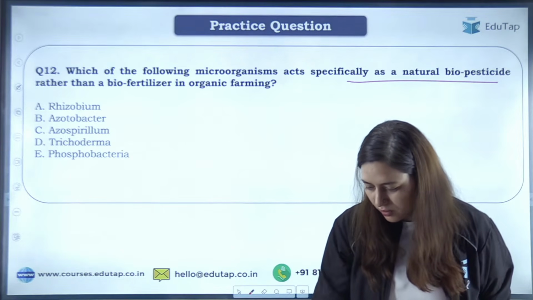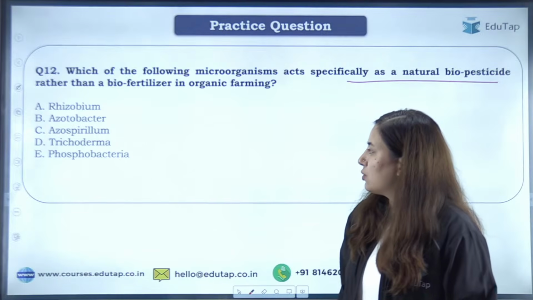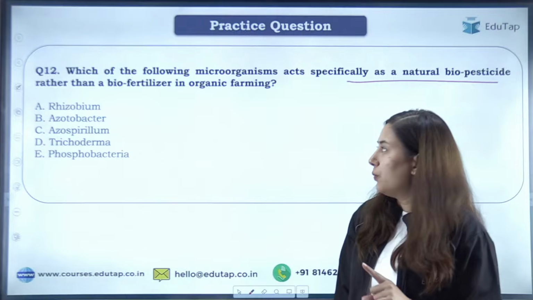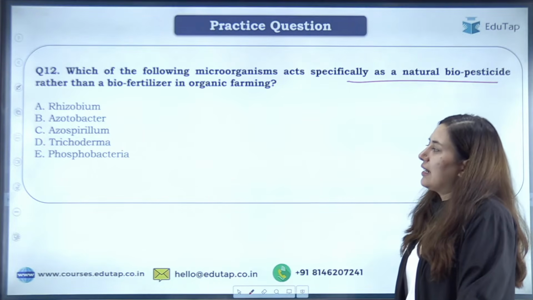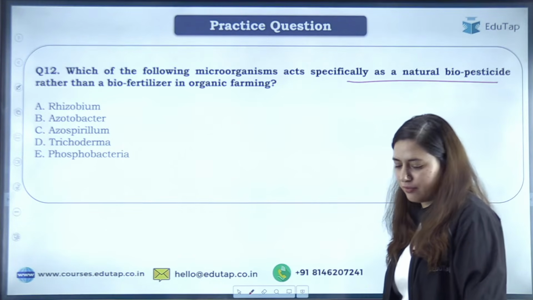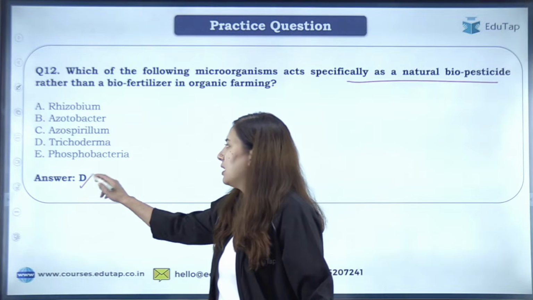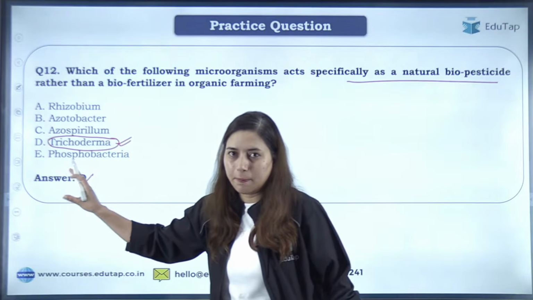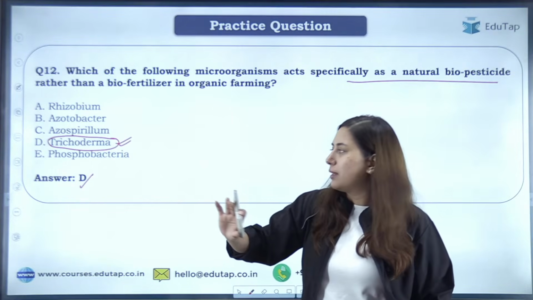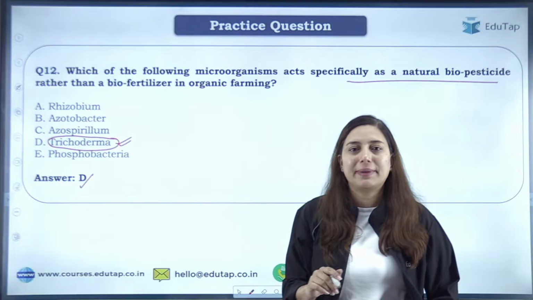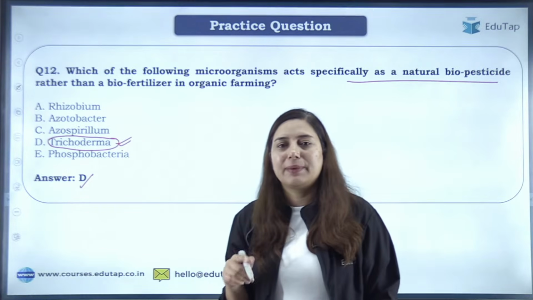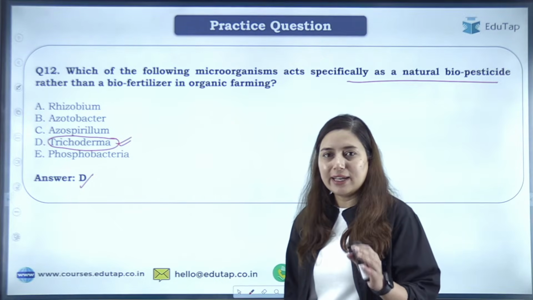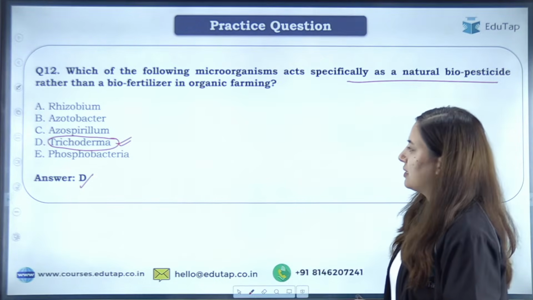चलो क्विकली, Rhizobium, Azotobacter, Azospirillum तो नहीं होगा क्योंकि हमने देख लिया, these are the examples of biofertilizer. Then we have Trichoderma and Phosphobacteria, ठीक है, very good, Trichoderma is the right answer. तो स्टूडेंट्स ये याद कर लो, one of the examples of biopesticide is Trichoderma. बायोपेस्टिसाइड क्या होता है, I have already explained to you, and example is Trichoderma, ठीक है। आपके एग्जाम में क्वेश्चन डायरेक्टली एग्जाम्पल से भी पूछा जाता है, तो आपको याद रखना है, Trichoderma is a biopesticide, ओके।